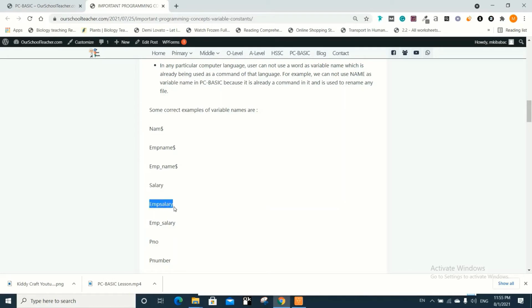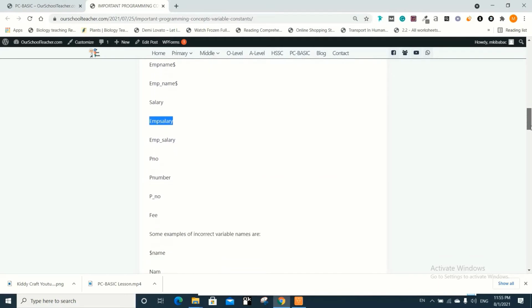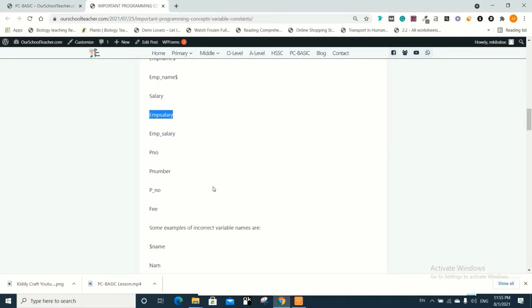EMP_SALARY can also be a numeric type variable. Similarly, PNUMBER, P_NUMBER, and FEE. All these are correct types of variables, and in all these variables we can store some numbers.